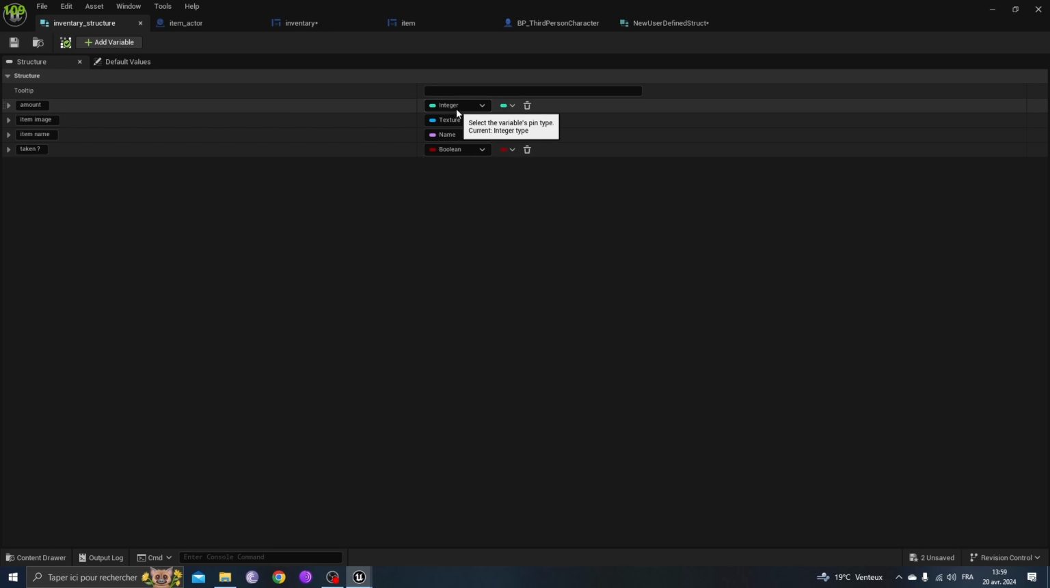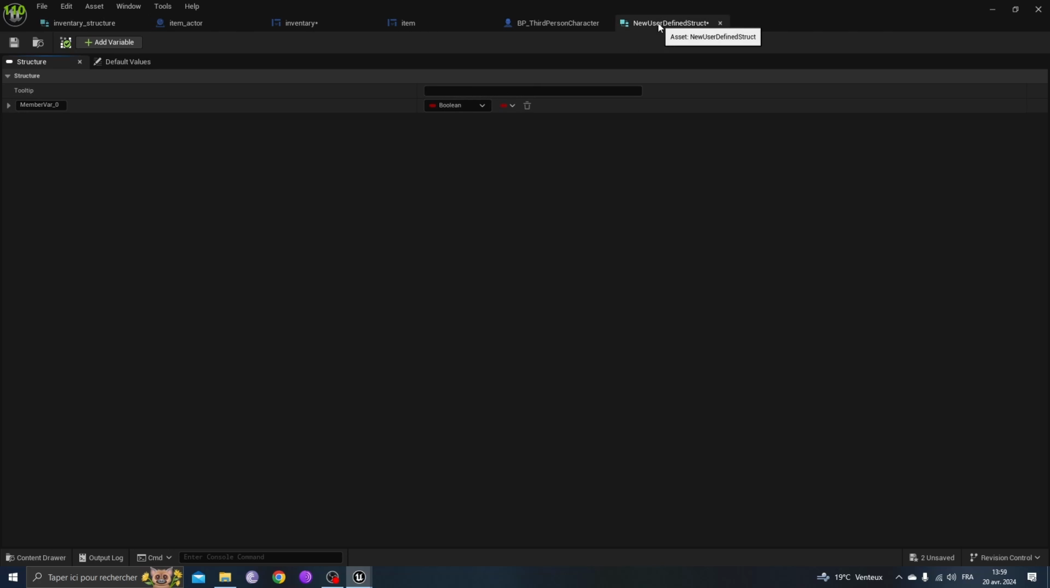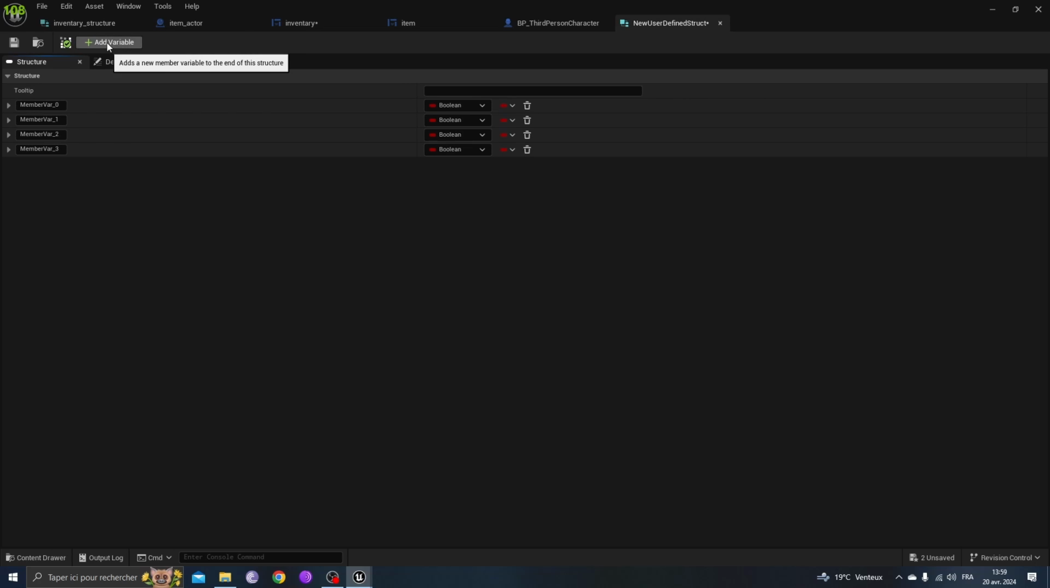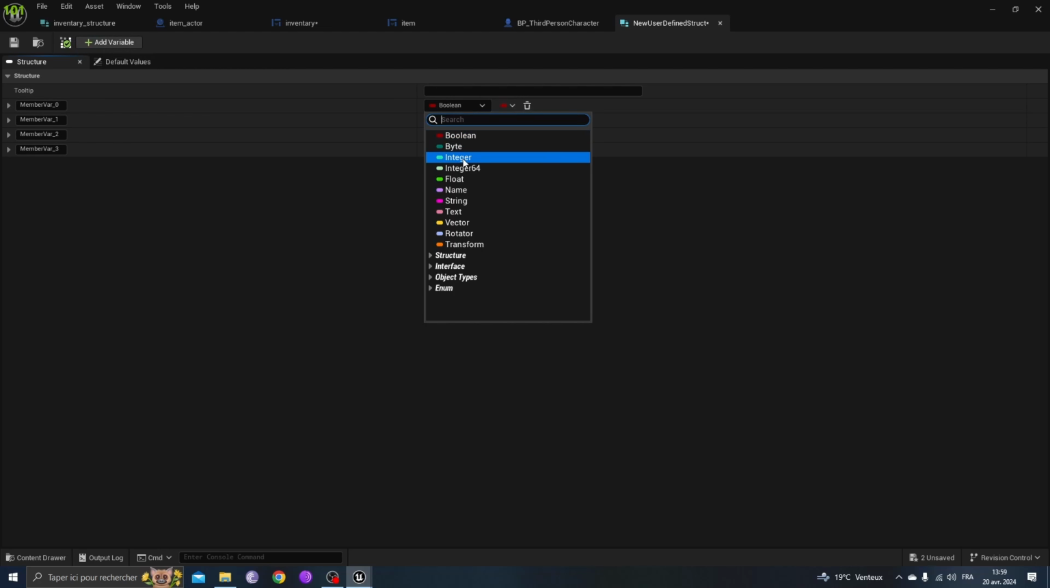The integer will stand for the amount of the item that you are going to loot. The texture is the image of the item. The string variable is gonna be the name of the item, and the boolean will tell us whether the item is taken or not. Okay, so to do this, you add your 4 variables like this, and here you select